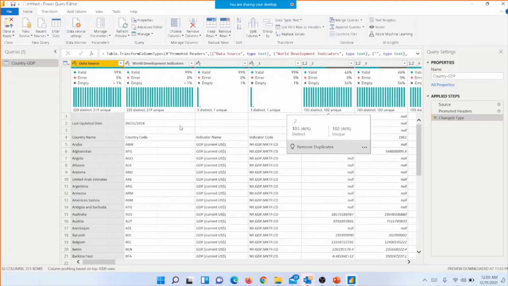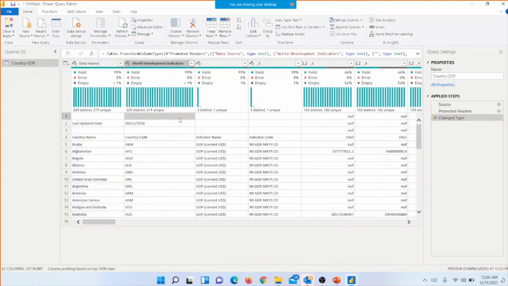The first thing we have to do here is understand what these ones are. So you can see on the top